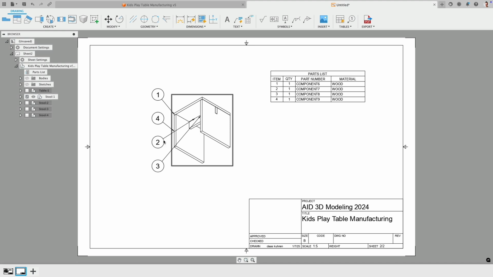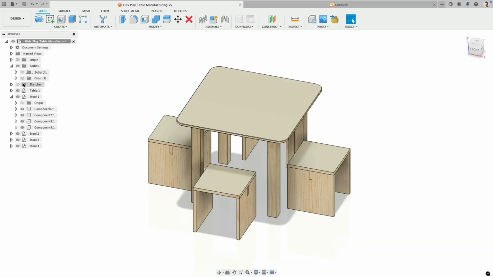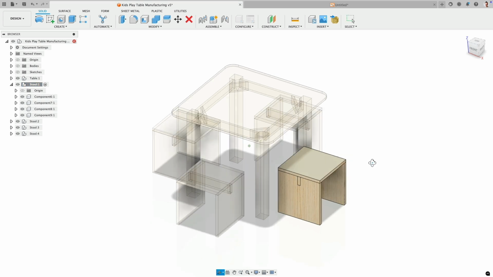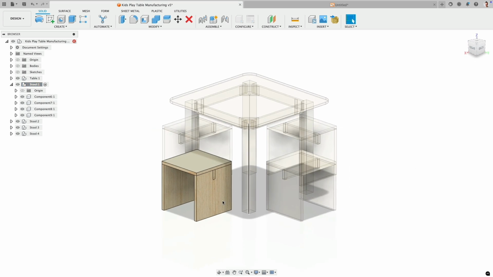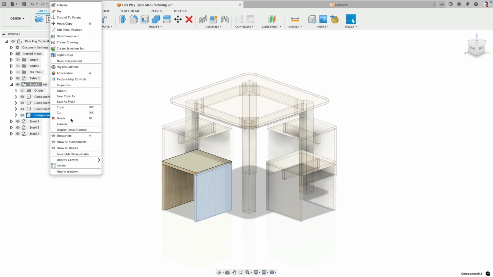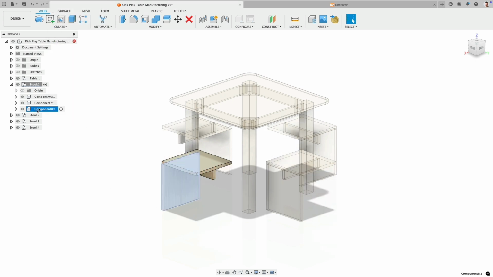So, we have an interesting thing here. So there and there it says 2. So that's actually not correct because we have 2 copies of the same piece in our design. So now we can go back. I will hide all this. I will go to this component. Very good, because that's the first one. This one I will delete. It's okay. And there I will make